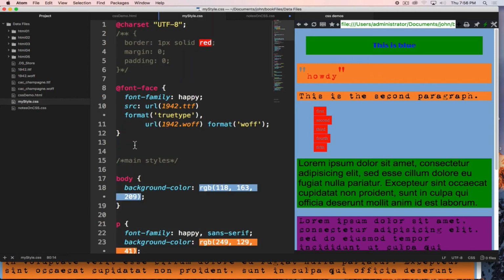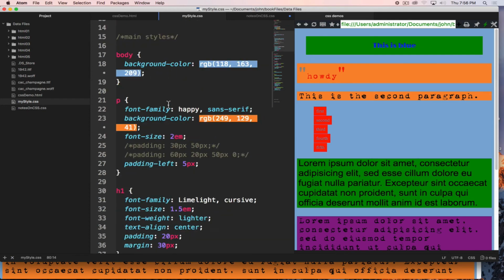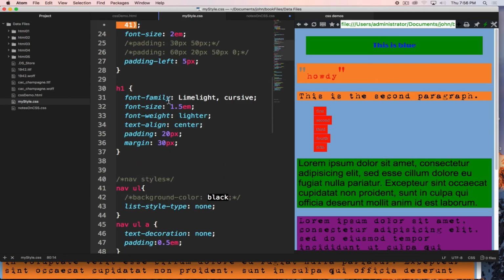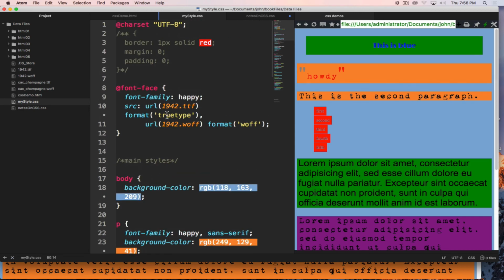Does the order matter for the CSS as I write it? So I have my caret at the top. I said do your font faces at the top. After that, I didn't really talk about the order. Eventually, you'll want to structure and order your CSS in some type of logic so you can just find it. But when you create it and are designing your page, you're usually just hacking it in and you just put in rule after rule after rule in whatever order it kind of comes to your mind of, okay, I'm